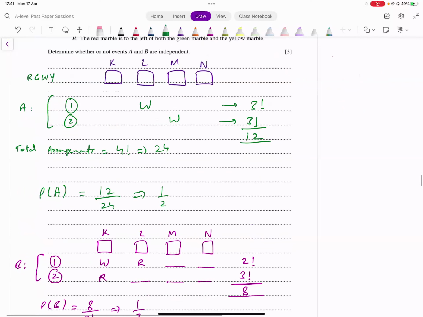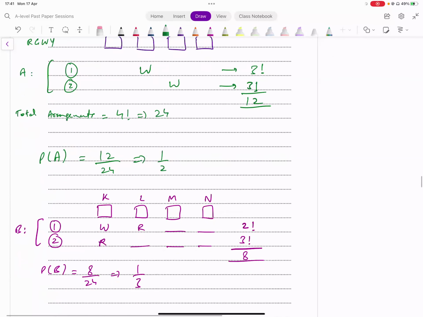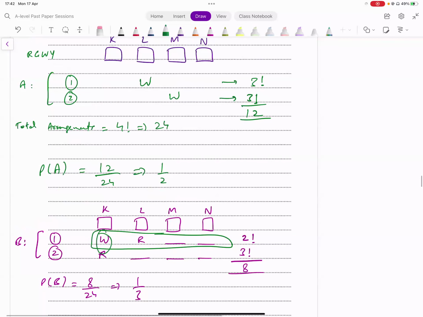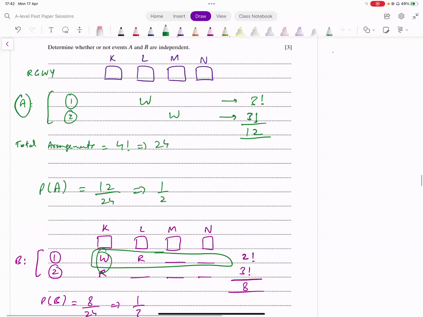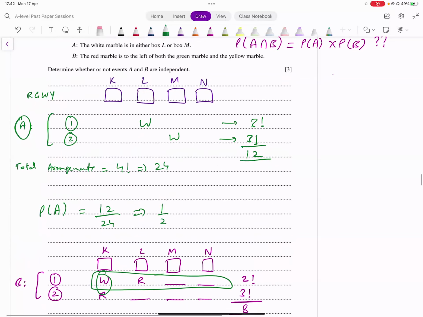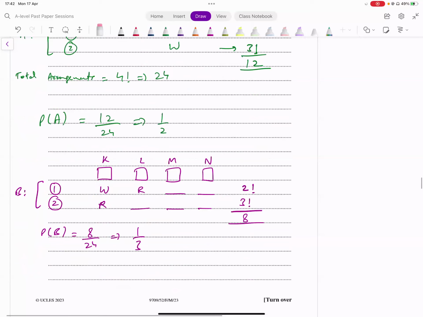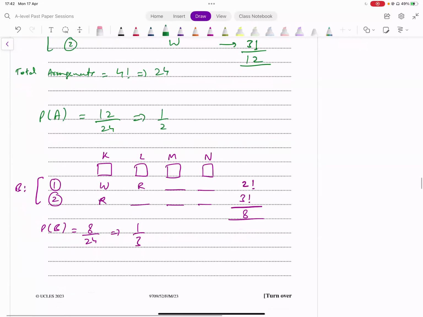अच्छा, फर्स्ट में हमारे पास 12 केसेस बन रहे थे, सेकंड के अंदर 8 केसेस बन रहे हैं। सेकंड वाले में से देख लेते हैं कि ये कम केसेस हैं ना, इनमें से कोई फर्स्ट वाले में भी आ रहे हैं साथ। ये वाला केस तो नहीं आ रहा, बिकॉज इसमें वाइट किधर आ रहा है? इसमें वाइट आपका आ रहा है फर्स्ट बॉक्स के अंदर, जो इवेंट A को सेटिस्फाई नहीं करता। राइट, इवेंट A में L या M में हो सकता है सर। दूसरा केस आपके पास क्या है? दूसरे केस के अंदर जो ये वाला केस है, इसमें वाइट आपका कहीं भी आ सकता है बाकी सब।